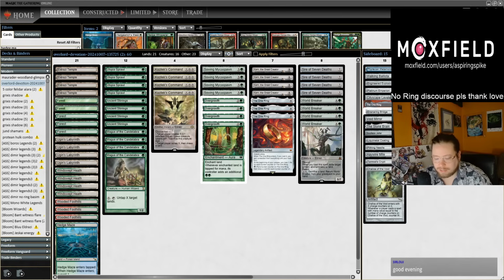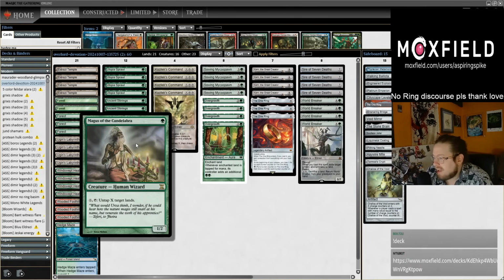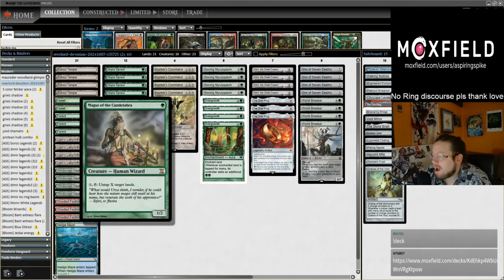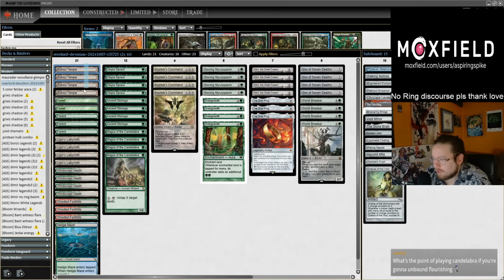But I did end up taking a closer look at Magus of the Candelabra because of that deck tech, and also played a little bit of Candelabra in Legacy recently, and this card is actually pretty good. It's a 1 mana 1/2, 2 toughness, huge to dodge Bowmasters. Also blocks Ocelot Pride on turn 1, and for X mana you can untap X target lands, and in Modern